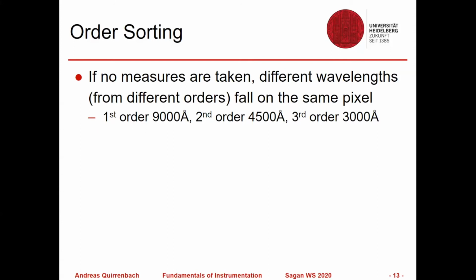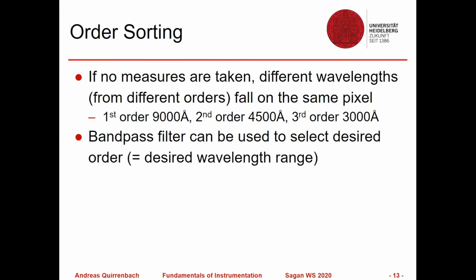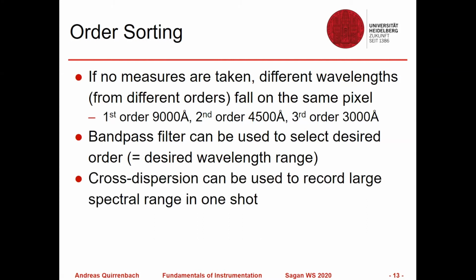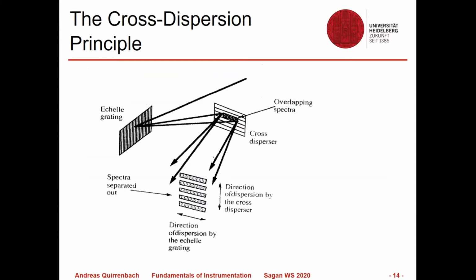So the order sorting means you have to somehow resolve this ambiguity that different orders fall onto the same pixel. And you can do this either by just using a bandpass filter, by cutting out the desired wavelength range, but then that means that you use only a small part of the spectrum. The technique that we use, and this is what gives this type of spectrograph the name, is cross-dispersion. So we put in a second dispersing element. So here, this is schematically, here's this Echelle grating that then creates all these different orders on top of each